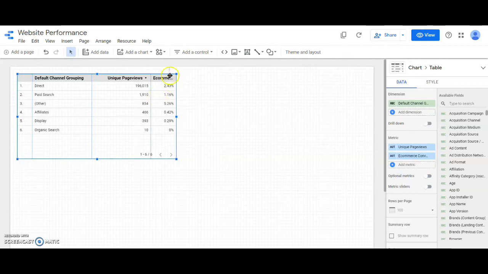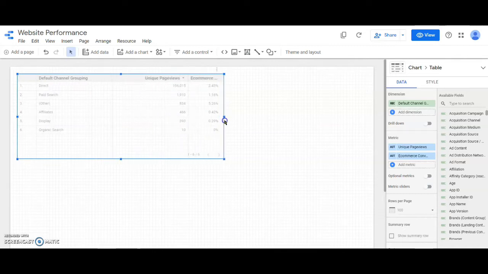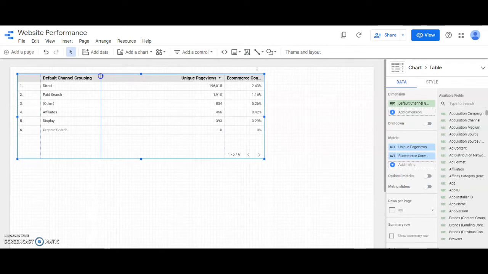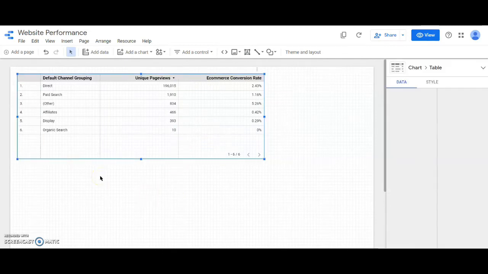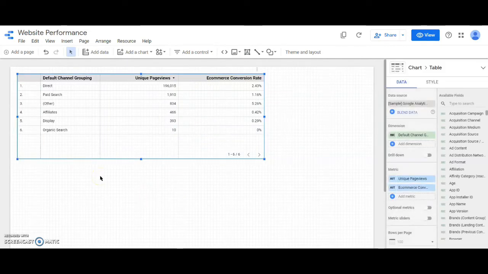So this has been added to my table as a new column. I'm going to adjust this again. So yeah, my table is all ready and this is done.